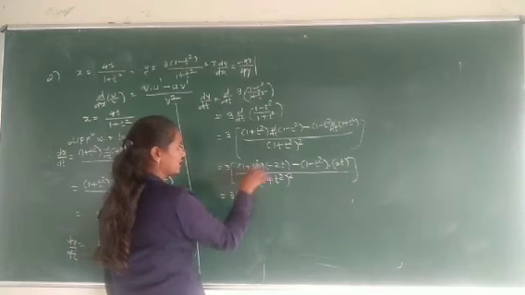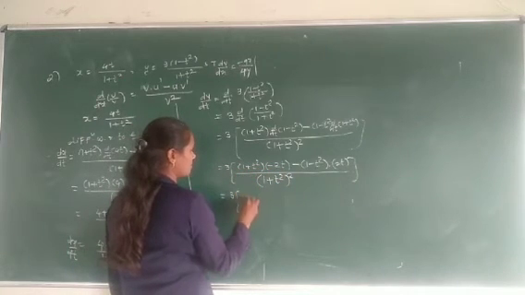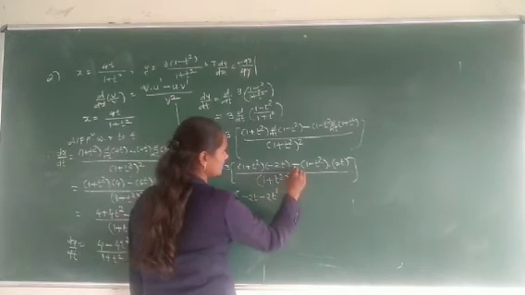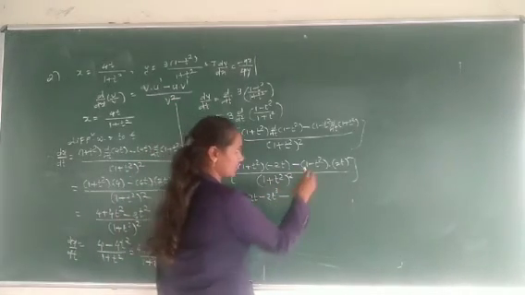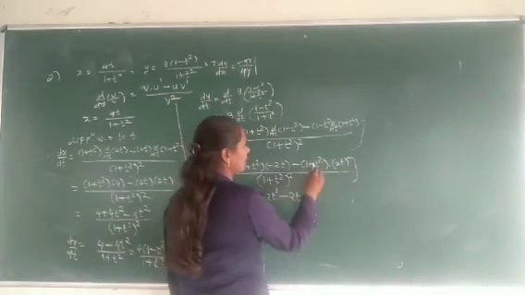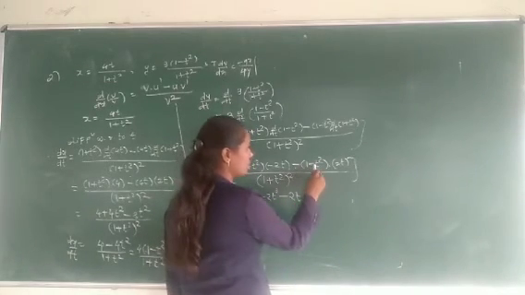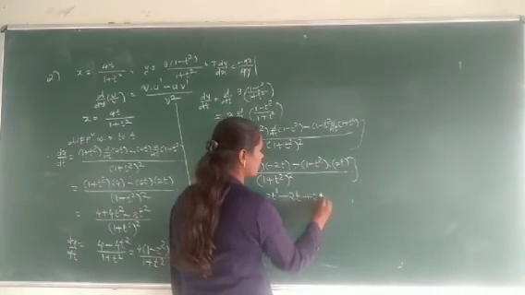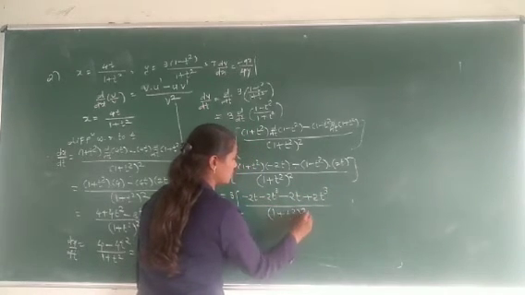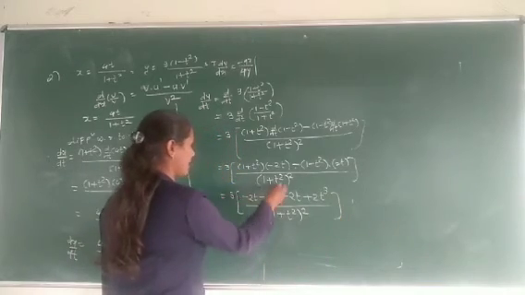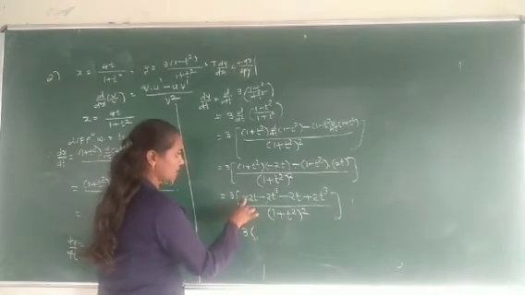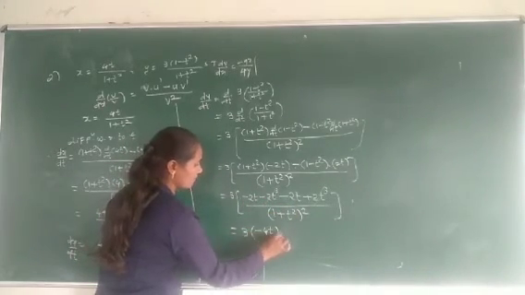3 as it is. Multiply this by 2t into 1, so minus 2t minus 2t cube. Right here minus sign as it is. So this term will get 1 into 2t and so minus 2t. Again this minus minus becomes plus, and 2t square into 2t is plus 2t cube, upon 1 plus t square. Now here minus 2t cube and plus 2t cube will get cancelled. So 3 into minus 2t, that is minus 4t upon